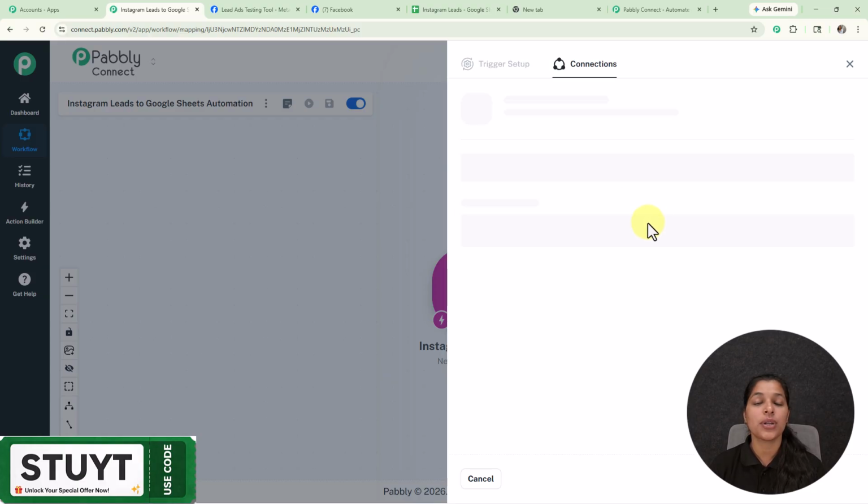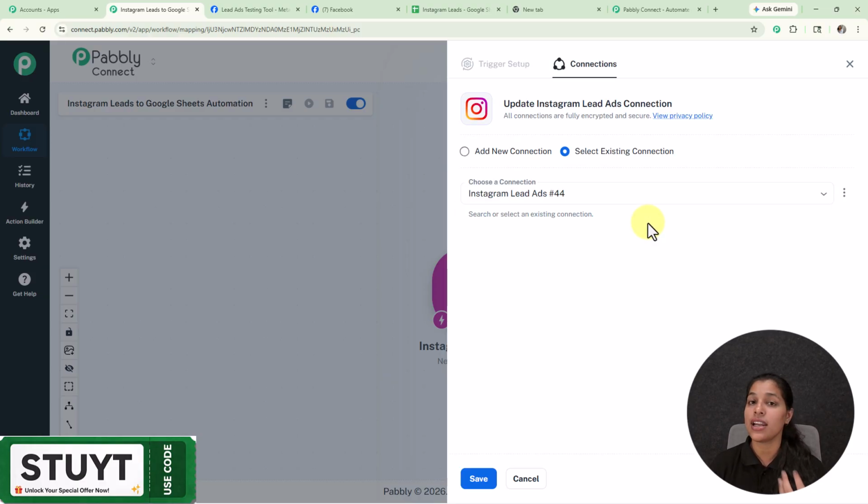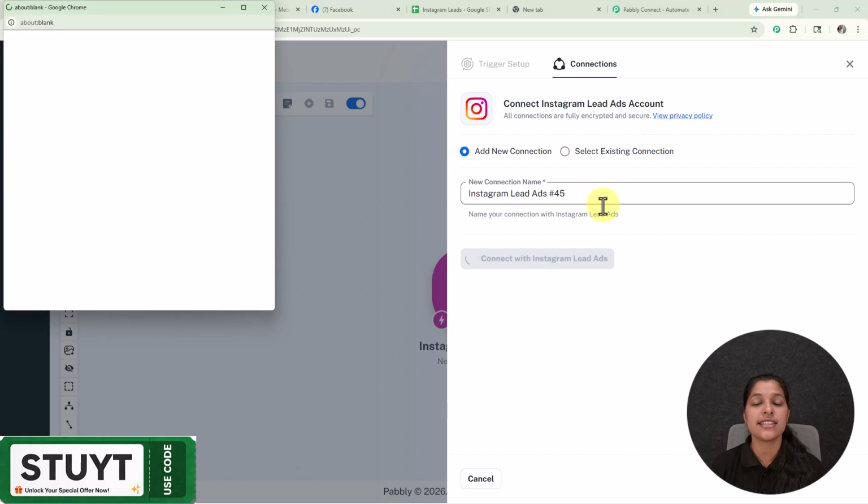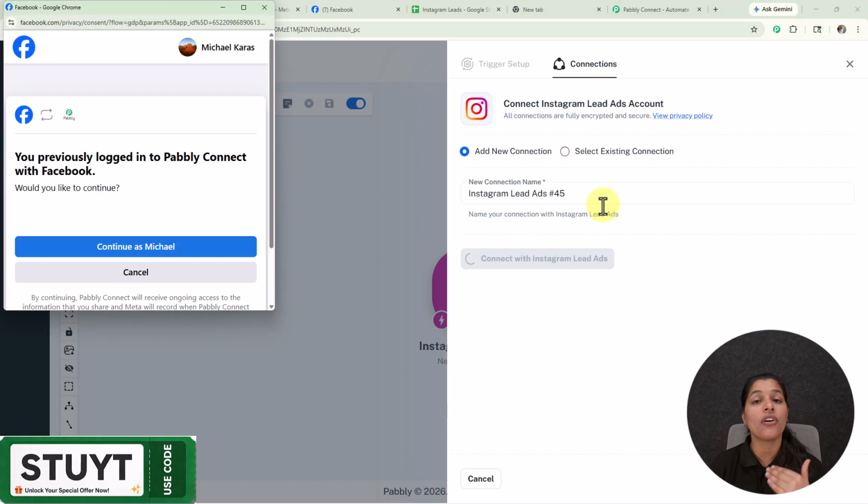Now we just have to click over this connect button, and here we have landed on the connection page, where if you want to go through your existing connection, then you can select this existing connection button. And for building a new connection, you just have to click over this add new connection. Now we just have to click over this connect with Instagram lead ads, and I have already logged in